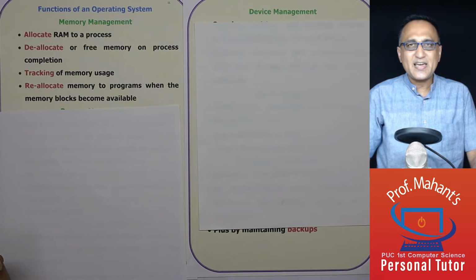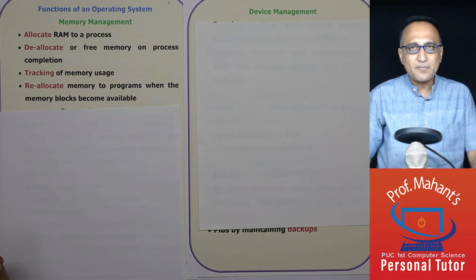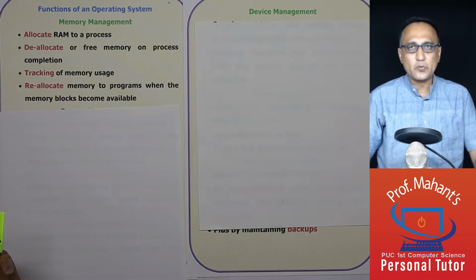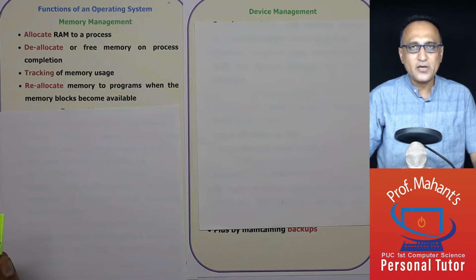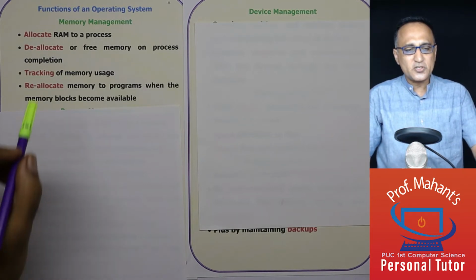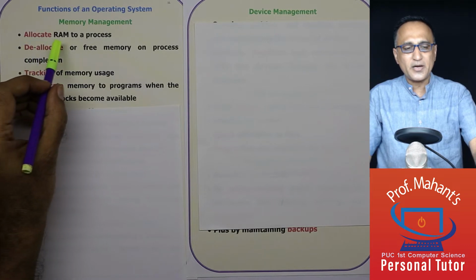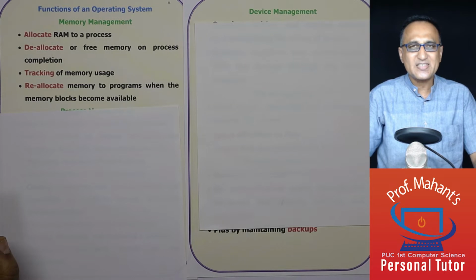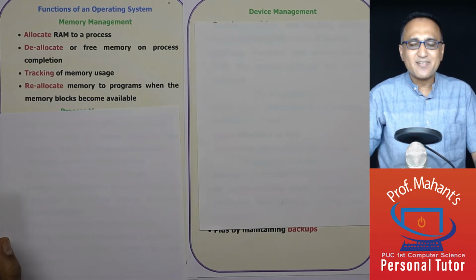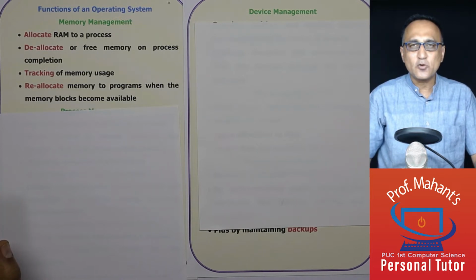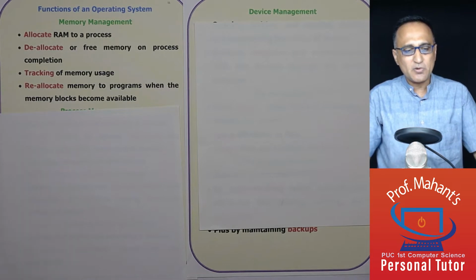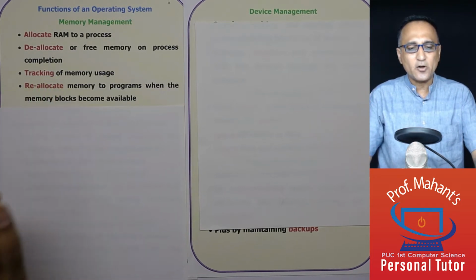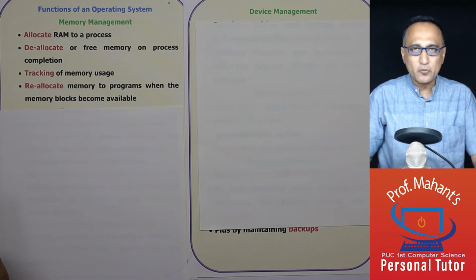For example, let us say I have written a program. That program cannot be executed until it resides in, or is taken into, the RAM or the main memory. So it is the job of the operating system to allocate main memory to my program or a process. A process is a program which is currently being executed by the CPU. Once my program is done running, that memory space is no longer going to be used. It is the job of the operating system again to deallocate or free the memory which my program was occupying